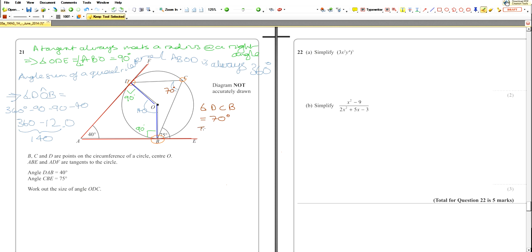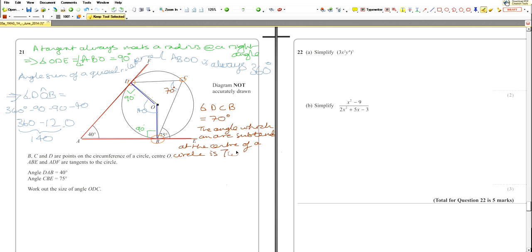So we say the angle which an arc subtends at the center of a circle